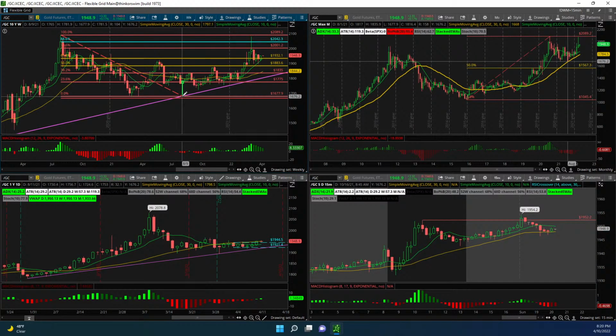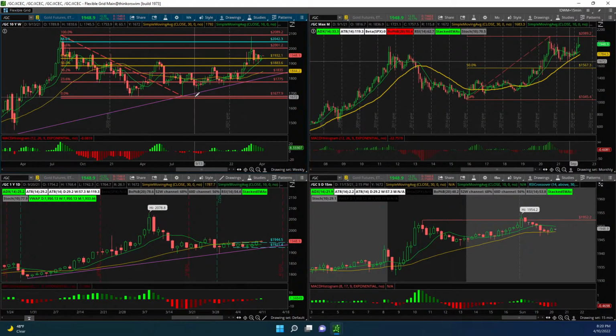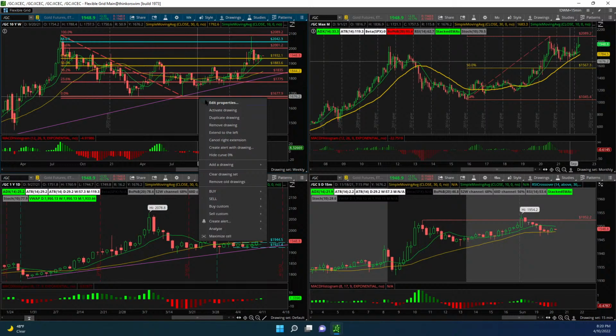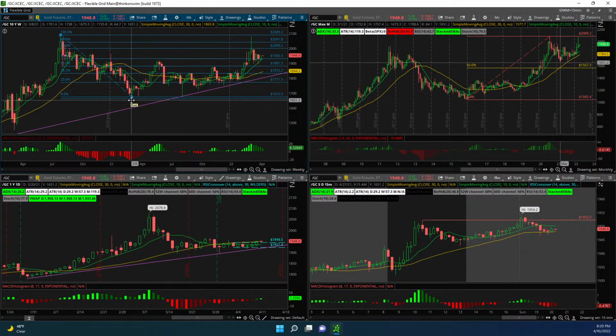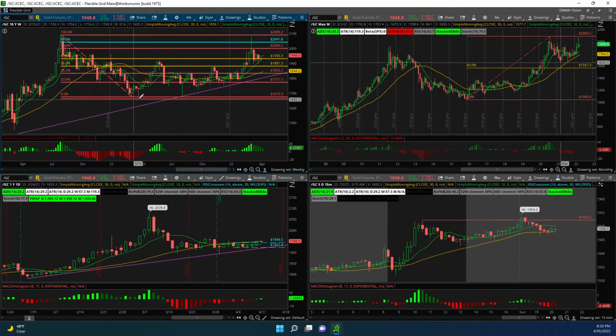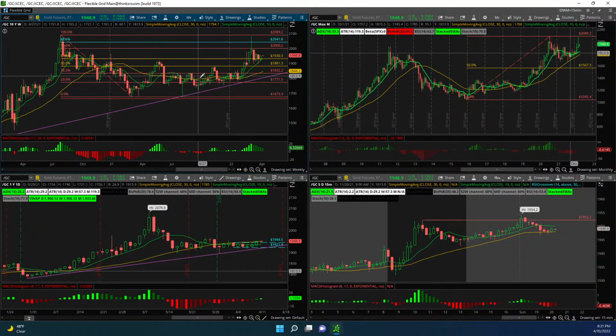Probably this one is a significant one, just because it has a big tail right there. So we could also put it here, which is the true low right here. But in any case, it came back all the way down, hit the 50% retracement, came back down,